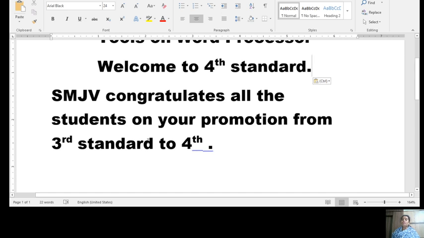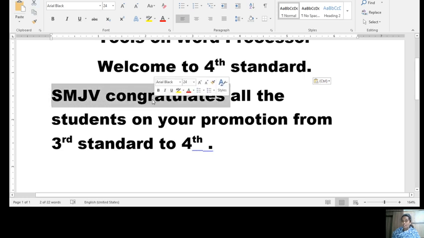So now you understood cut and paste. Now we will be seeing copy and paste. Okay, copying the text. Let me copy this, SMJV congratulates. The method is the same. Place your cursor before it, press and hold the left click, drag the mouse till where you want to copy the text.